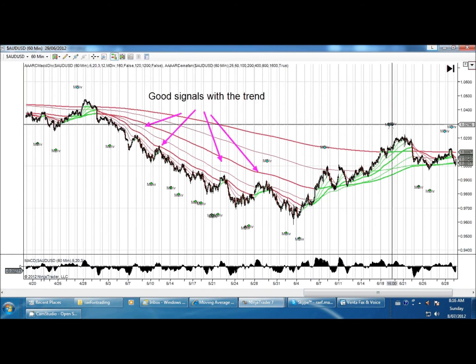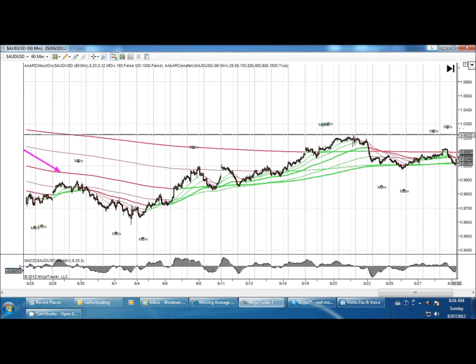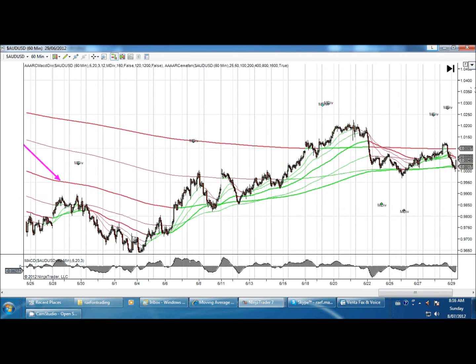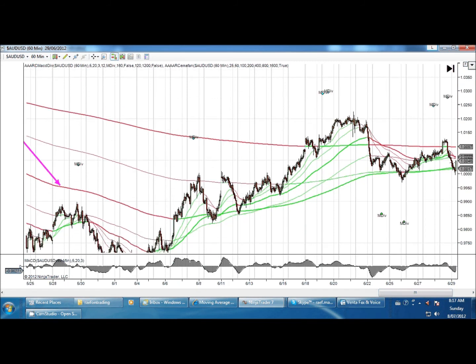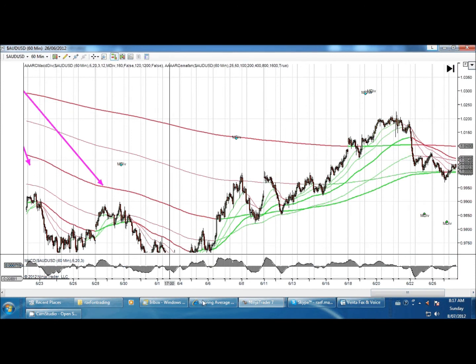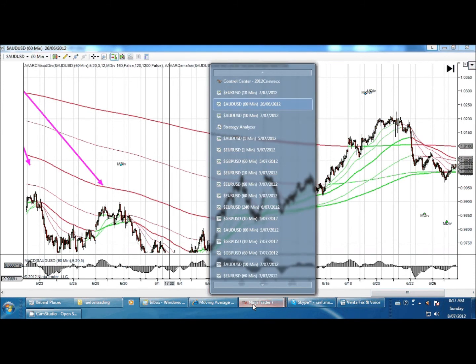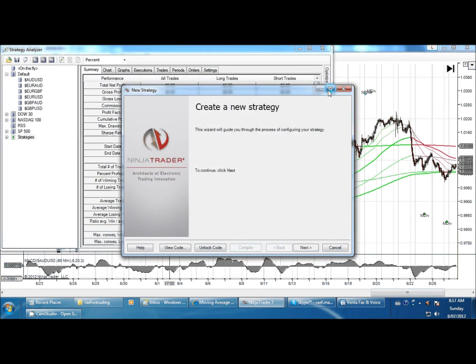So it's jumped up, so it's right out of your road now. It's not interfering with the price or anything. Only problem is sometimes when you are doing this, you won't get it because it's off the chart. Yeah, there it is. And the other thing you can do with this is you can